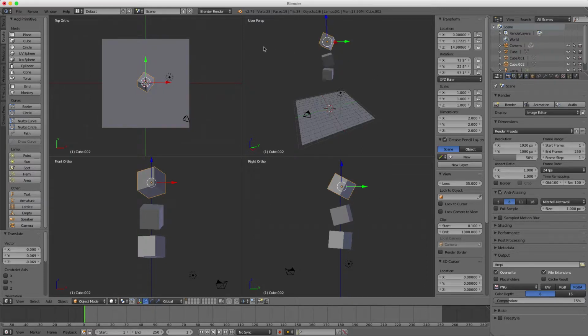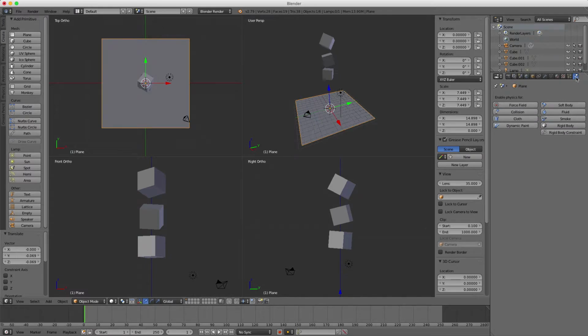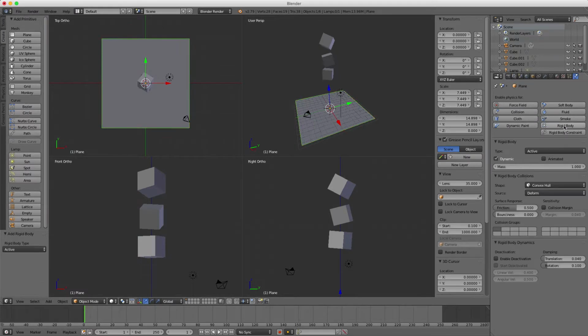Basically, we select an object in one of our viewports, and we go to our tabs right here to apply properties and manage settings. Now physics is no different. I'm going to select my plane, and under the physics button right here, I'm going to press that, and I'm just going to apply a rigid body to that element. Then I'm going to do that for each one of my cubes, just select and click,